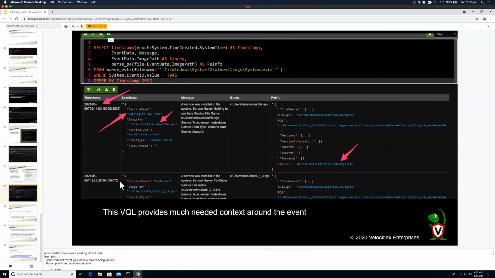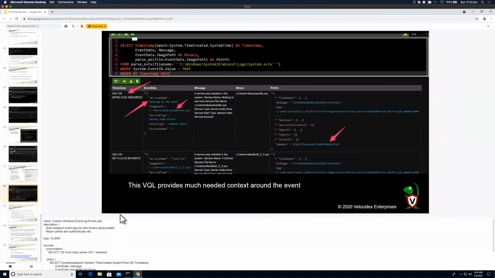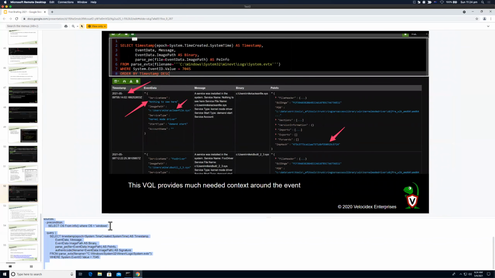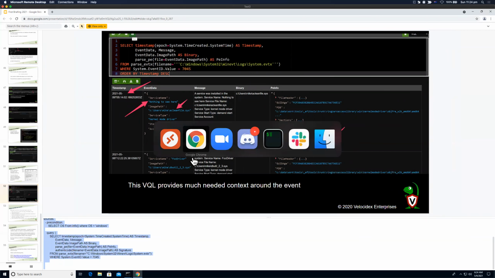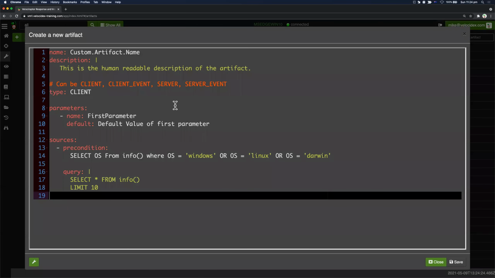So we have another artifact that basically scans the system event log for that particular event ID, and then it also parses the driver image that was loaded, parsing the PE file, so we can positively identify it and calculate hashes and things like that. So let's add that artifact in as well. So create the artifact,